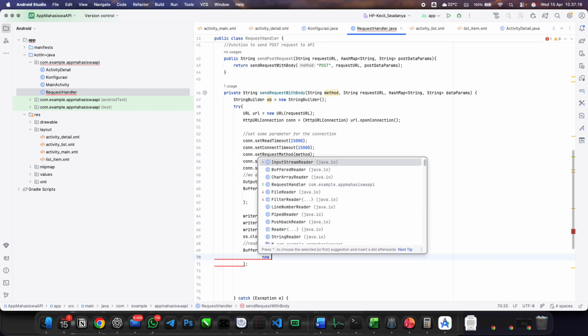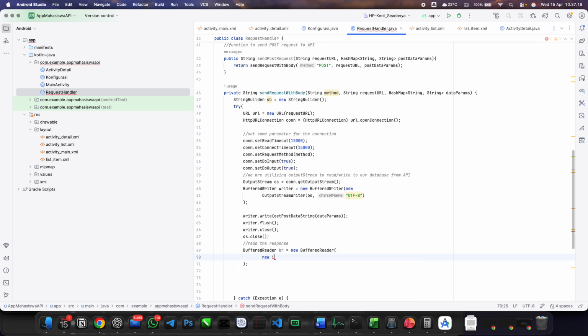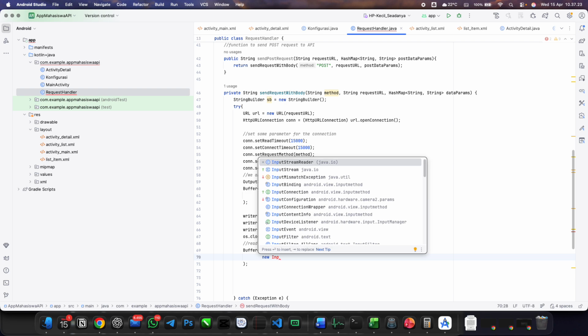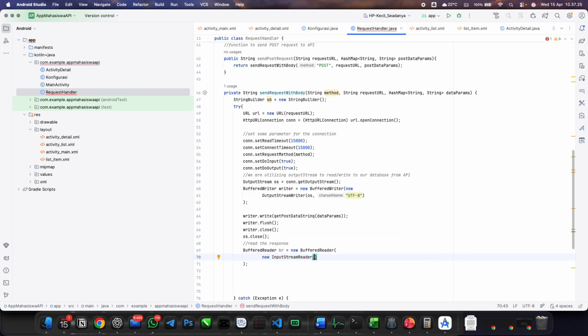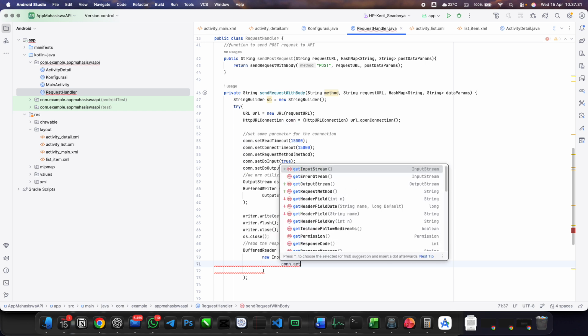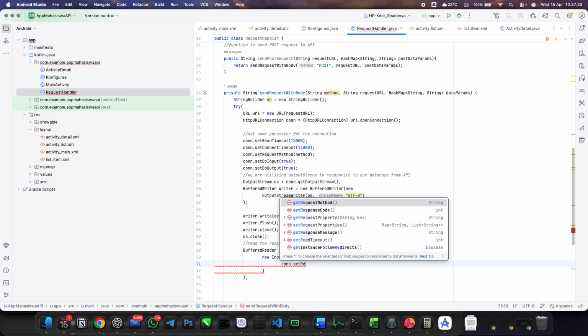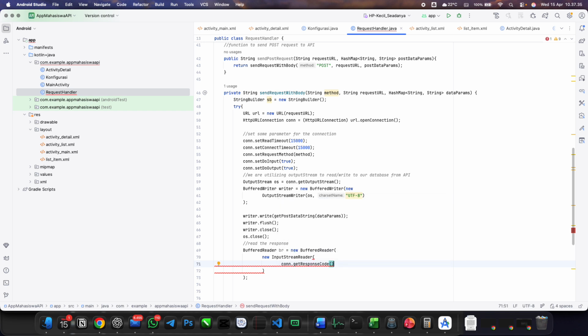Okay, new input stream reader like this. Connection dot get response code.